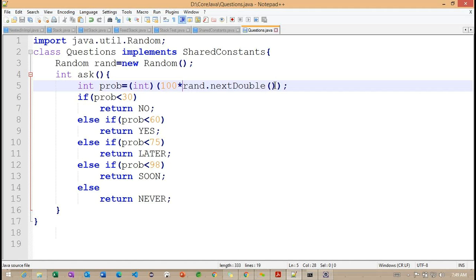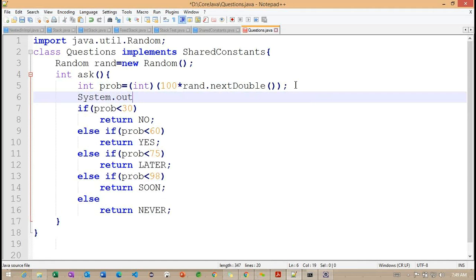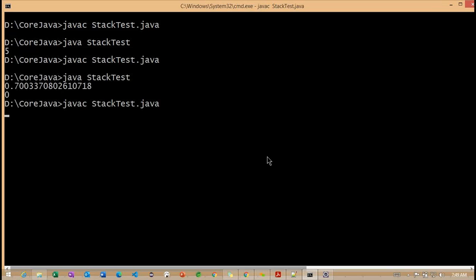To understand this random value, we can print here System.out. What is the random value we are getting here? Let me compile one more time and execute here. So this is a random value we are getting.